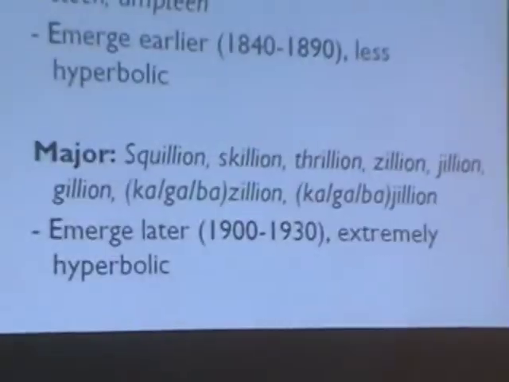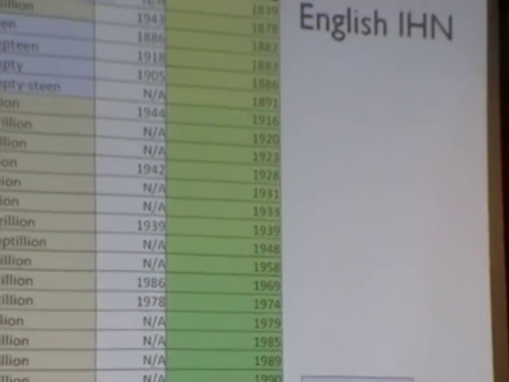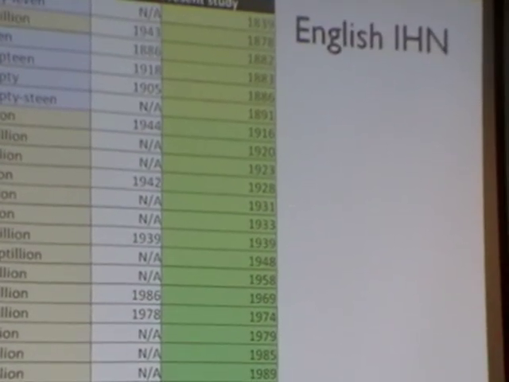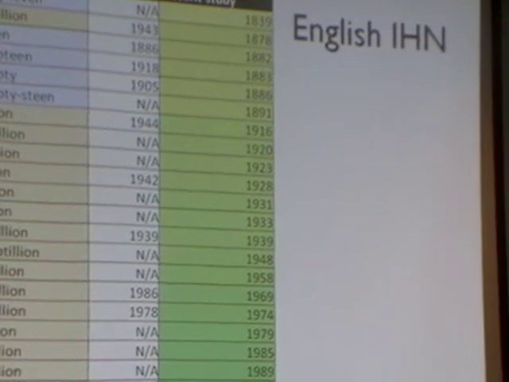But I absolutely agree with the fact that there are squillion and zillion and jillion as the common ones, and if I were to run back a few dozen slides, umpteen dozen even, we do see other ones like skrillion and thrillion, I suppose, that you don't see